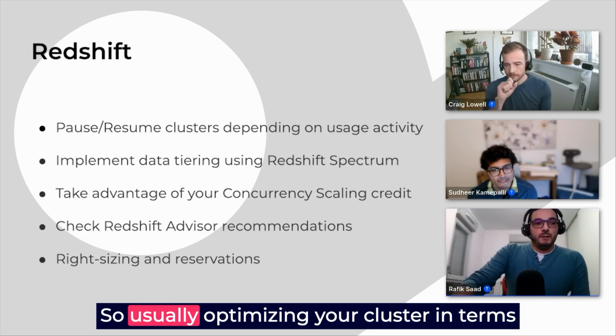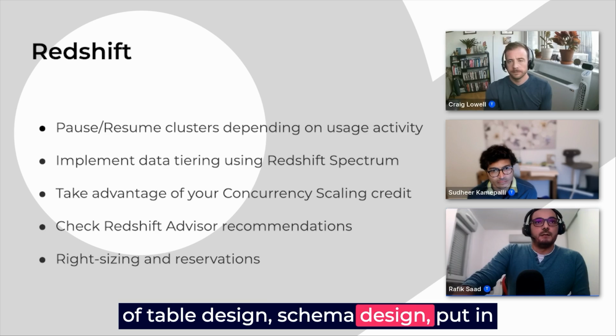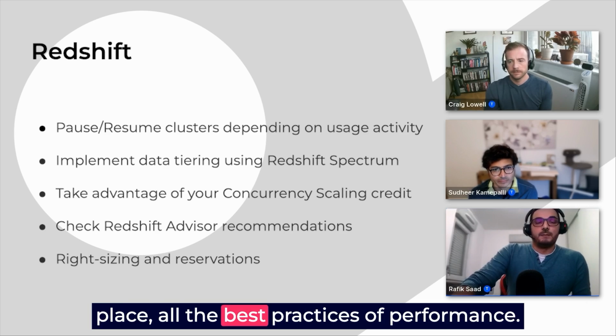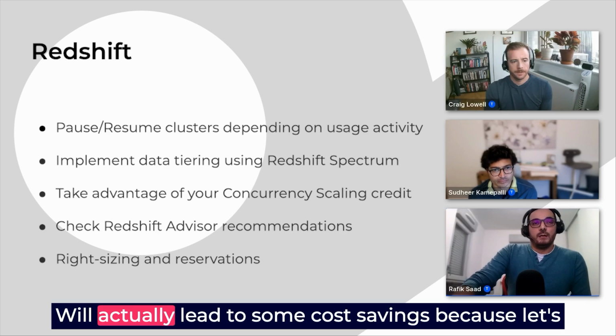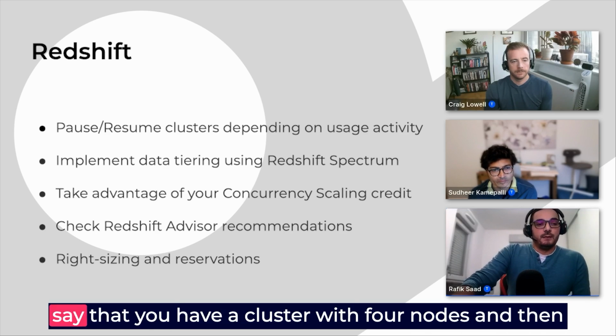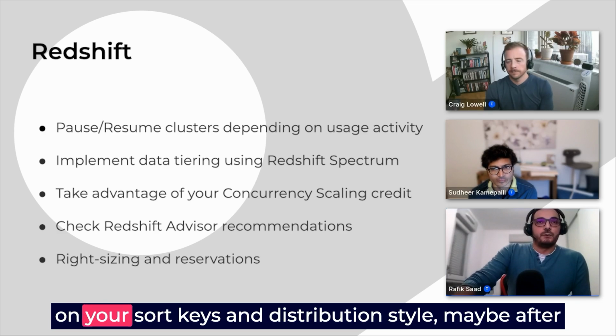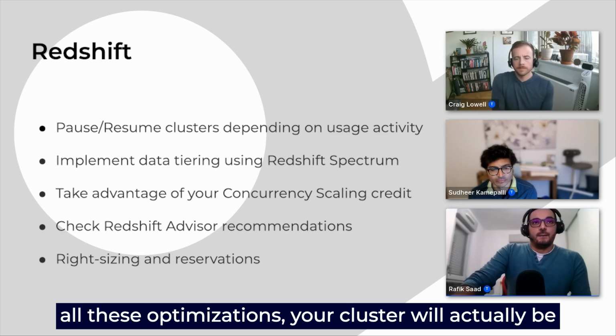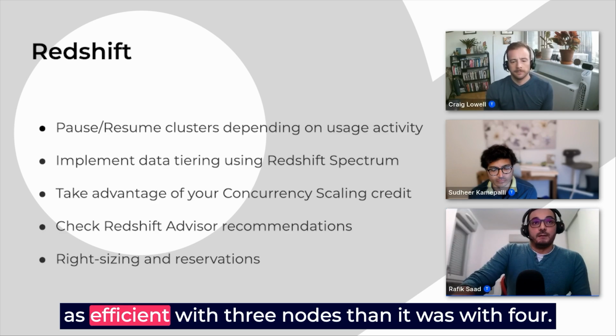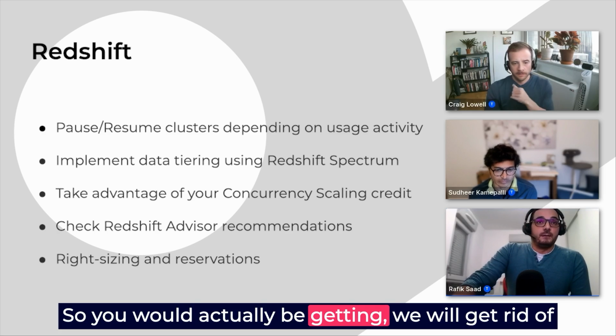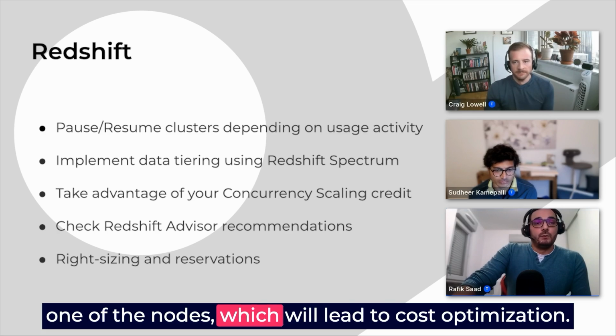So usually optimizing your cluster in terms of table design, schema design, putting in place all the best practices of performance will actually lead to some cost savings. Because let's say that you have a cluster with nodes, and then you work on your schema design, the table design, on your sort keys and distribution style. Maybe after all these optimizations, your cluster will actually be as efficient with 3 nodes as it was with 40. So you would actually be getting, we will get rid of one of the nodes, which will lead to cost